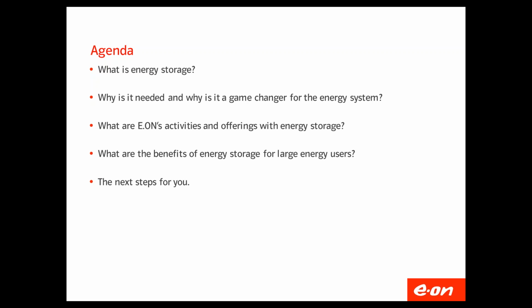By large-scale storage, we mean solutions that have a power output and input of more than several hundred kilowatts at the small end, up to tens of megawatts at the top end. This is a huge range of different powers, and the actual size of the system and the storage capacity deployed will be dependent on the specific site applications which it is deployed for. E.ON can offer solutions at all of these scales, and currently the majority of our solutions are provided by various battery technologies. We'll explain this more as we go through the presentation, but these systems are best suited for large energy users and not for small SME or residential customers where small off-the-shelf systems of tens or hundreds of kilowatts